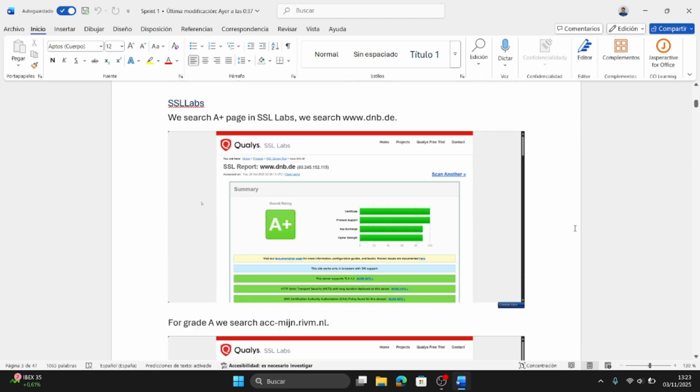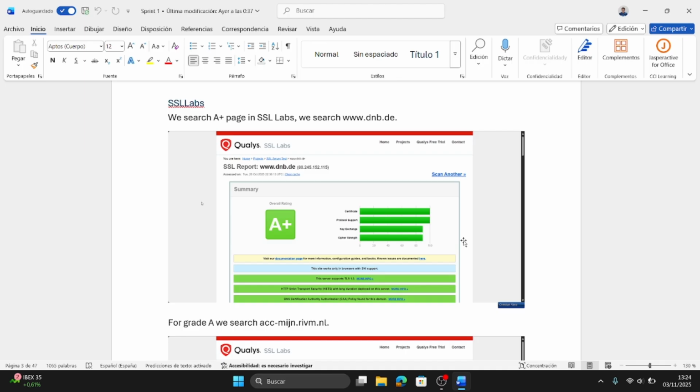Okay, SSL Labs is a website that we search in our browsers to see the SSL reports about websites or domains. Here I join examples of different grades about the security that they have. The best grade is A+, which means that the website is very secure, and the worst grade is F, and this means that the website needs more security and can be attacked.